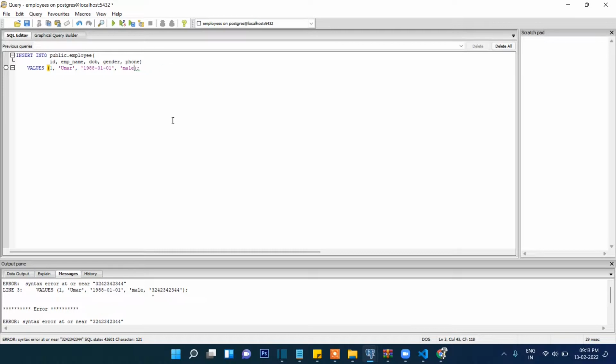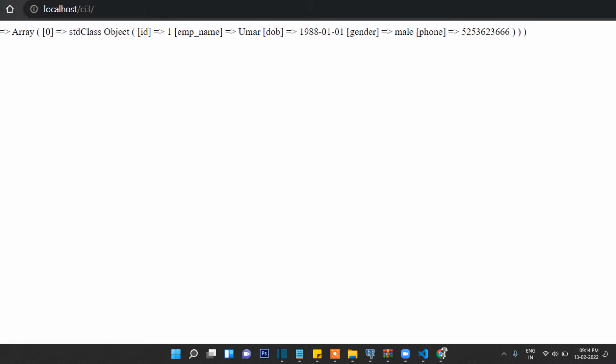Oh, a single quote was missing. Now it should work. Yes, now it's inserted successfully. So let's close it. Not required. Now if you press, then you can see the data is successfully fetching from